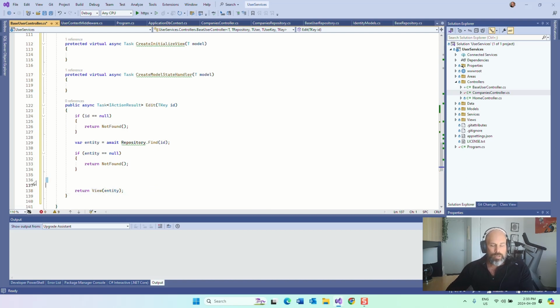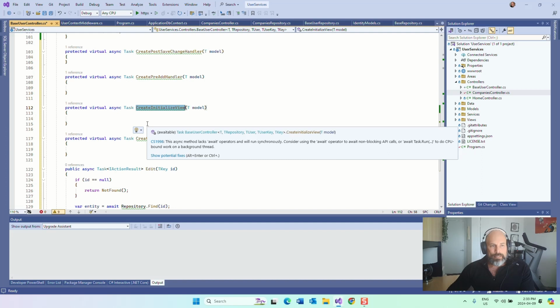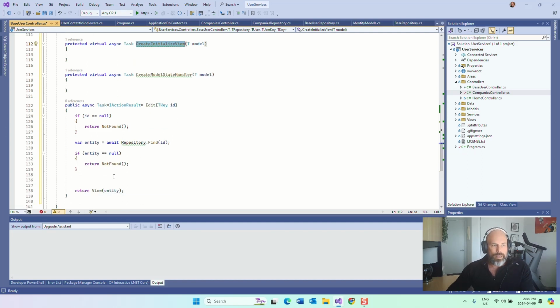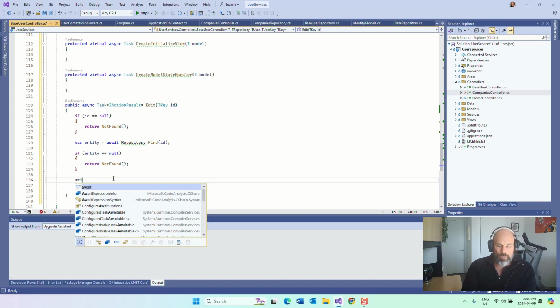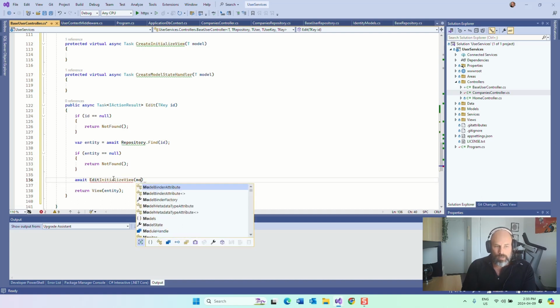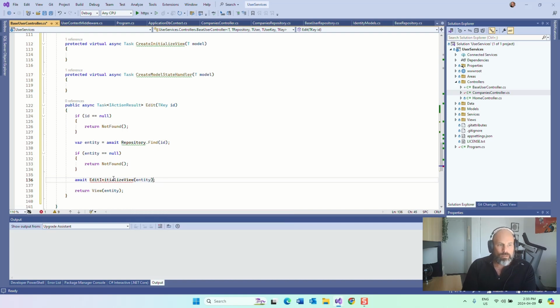Now what I had before is I had this here, create initialize view. The same thing is going to be true for the edit action. In this case, I called it create initialize view. This time I'm going to call it edit initialize view, and I'm going to pass in entity. So with that, we can just create that method,